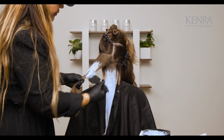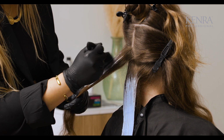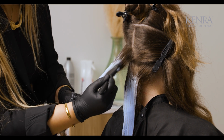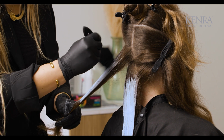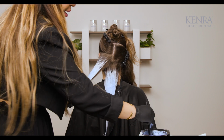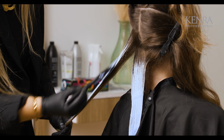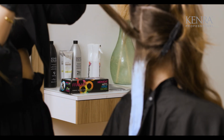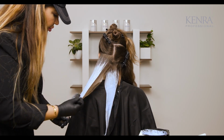The other thing is having cotton on hand. So if you have somebody with super baby fine hair that the hair can't really support the weight of a ton of product on it, you can use cotton to support each section and keep it from collapsing onto itself. Here we're not going to use cotton, so I'm bricklaying my sections because I'm doing a very heavy coverage. I'm using a bigger brush to help me load the product onto my brush so I don't have to keep taking little